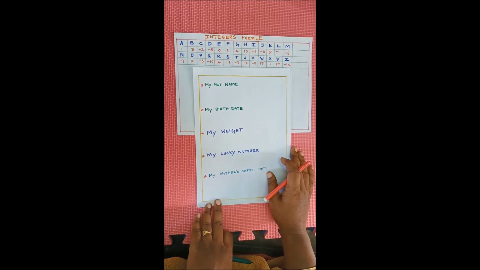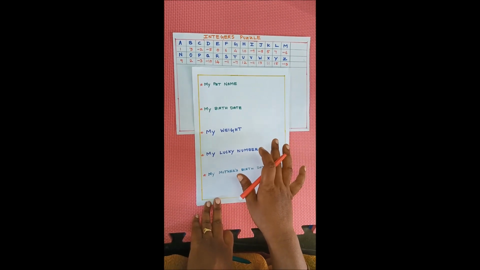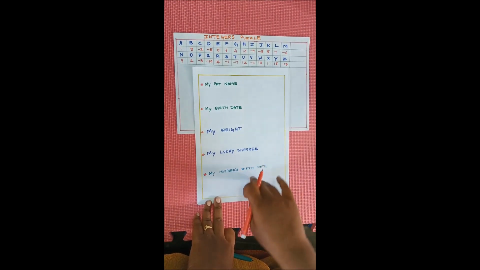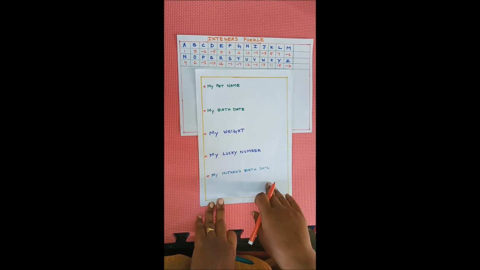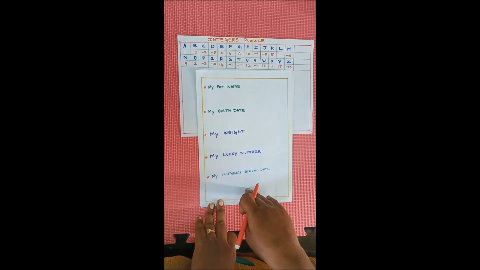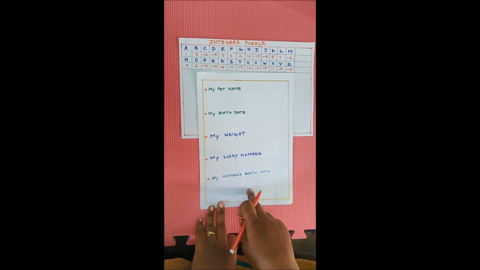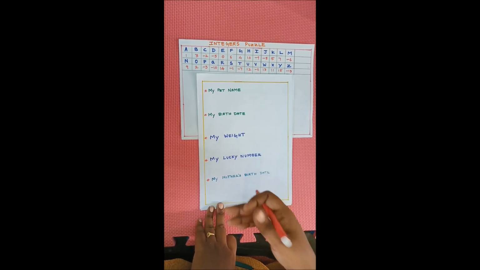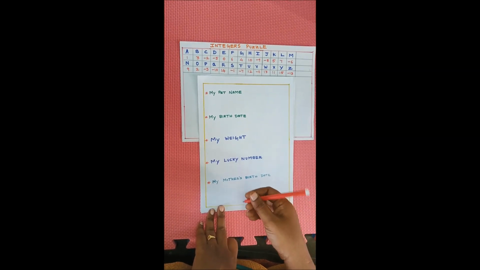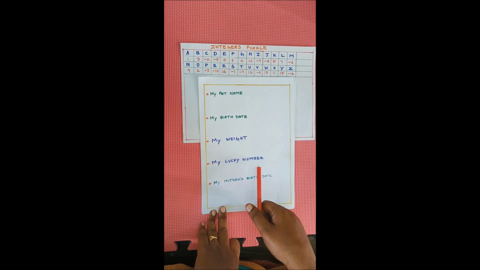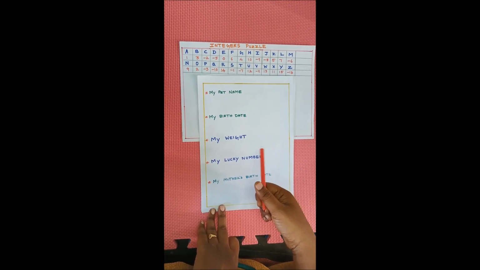Children, the next activity. See here, again we are going to solve integer puzzles. Here I have 5 sets of questions. We are going to express these answers using integers. This is about myself. Here, for example, I gave 5 questions about myself. I'll be giving the activity chart to you. You have to define yourself in that activity chart. Here, for your understanding, I am solving this puzzle with my own identity.